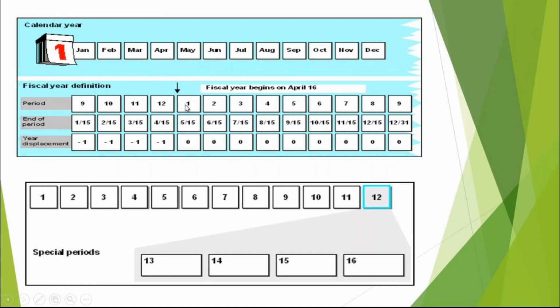But here, every fiscal year in SAP begins from April 16th. In the sense, they end on the 15th and start with the 16th. If I take the 16th of April till the May 16th, from 15th to 15th, I may consider it as one period. These two months become one period, April and May. April is not the only one month; April and May I'll consider as one month. Then May and June I will consider as the second month, and it will continue till December.